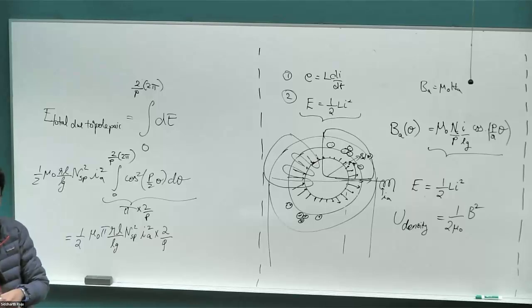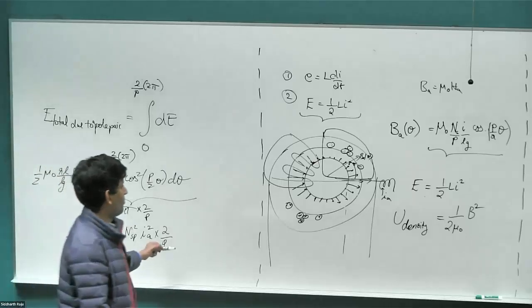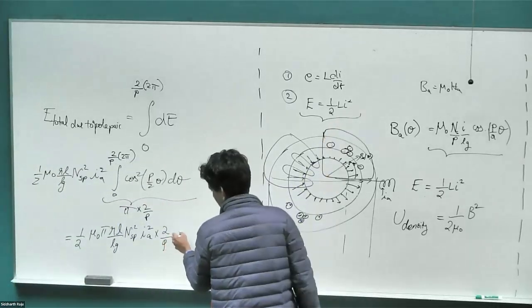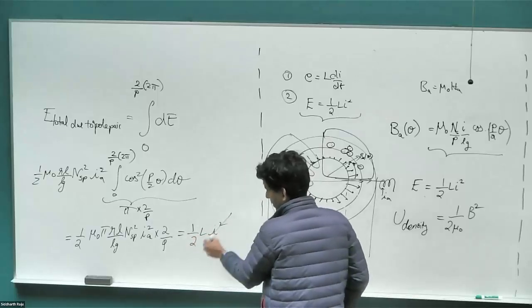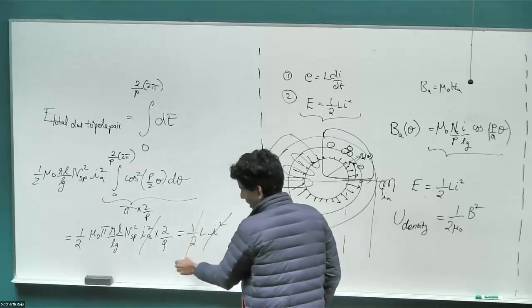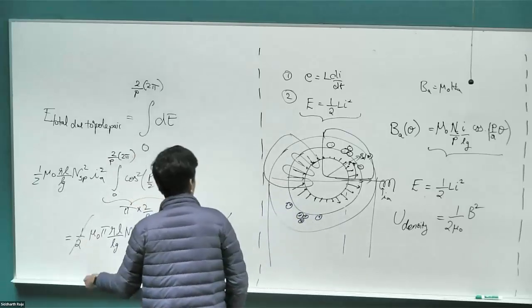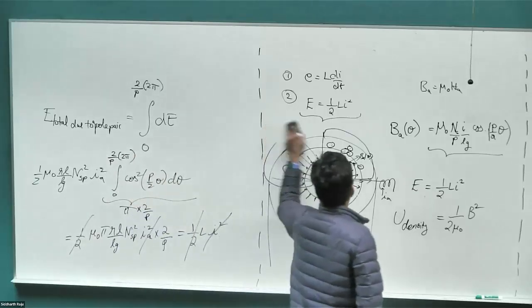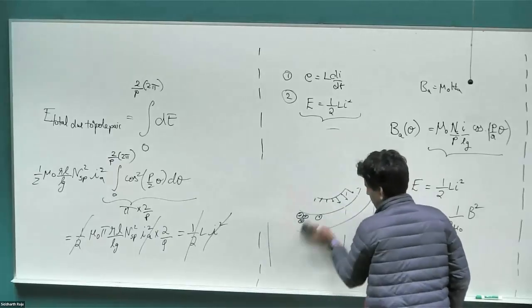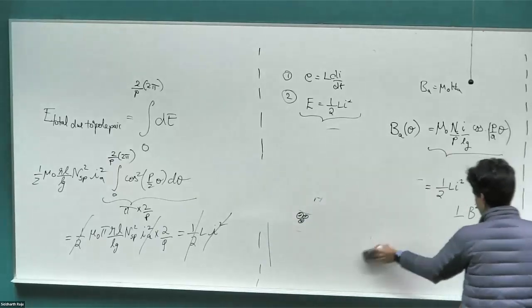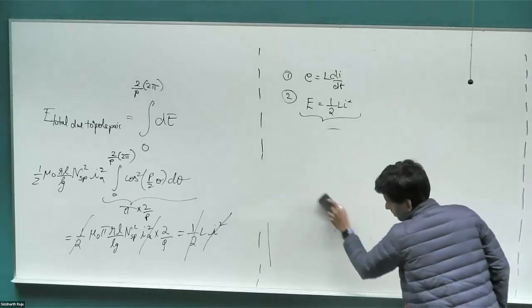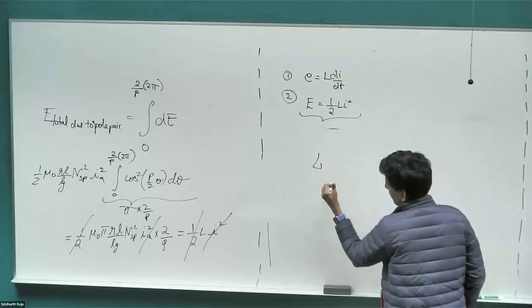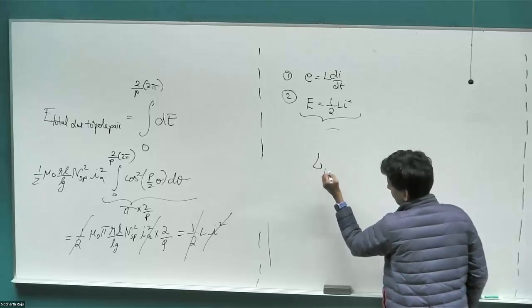How do I get the inductance? Simply, 1/2 L I squared. Perfect. So this is the reason we started off the whole adventure. Half L I square cancels, half and half cancels. So my inductance is just, so my inductance of one phase